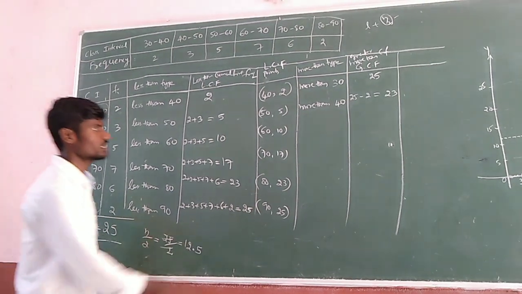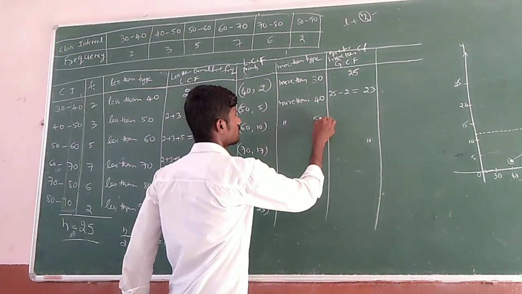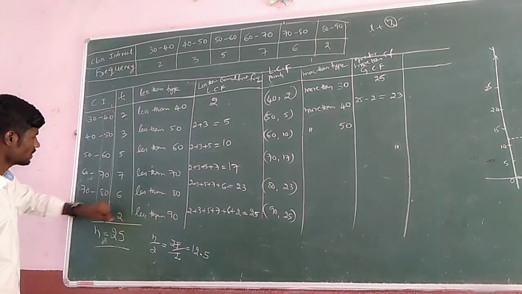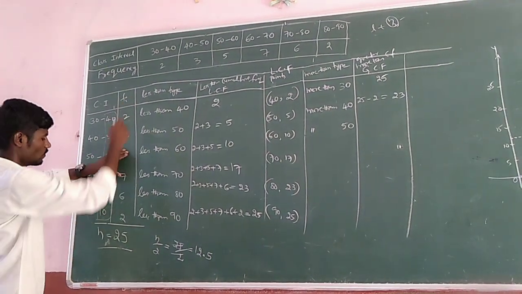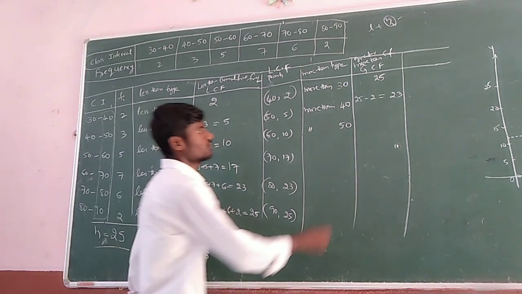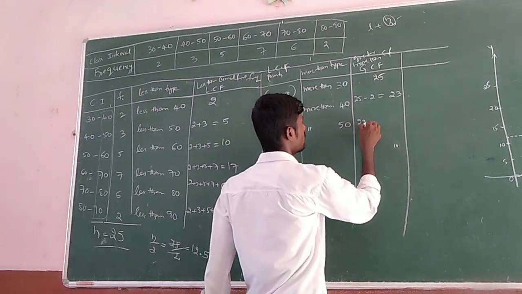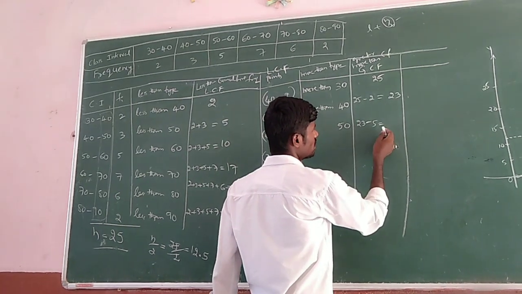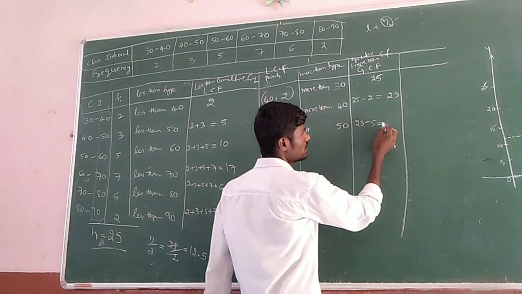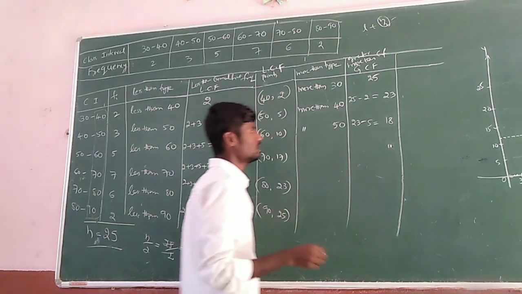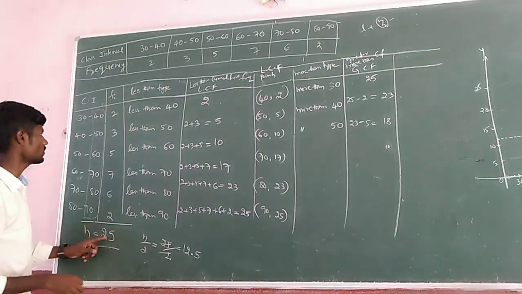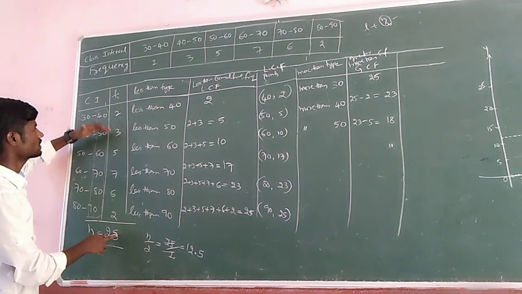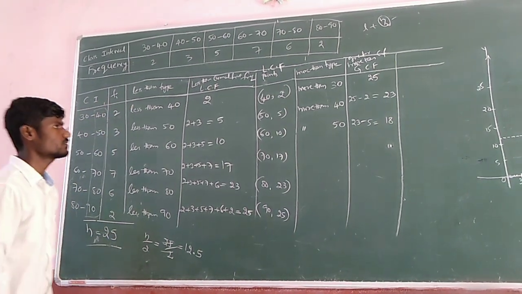Next you will get like that. Are you following? Next, more than 50. More than 50 we have only these many, so out of these you have to remove these two. From 23 minus this value, which is 5, what will we get? 23 minus 5, see here, 18. Okay? Or you may take it out of 25, where all of these are subtracted: 2 plus 3 plus 5, like that.